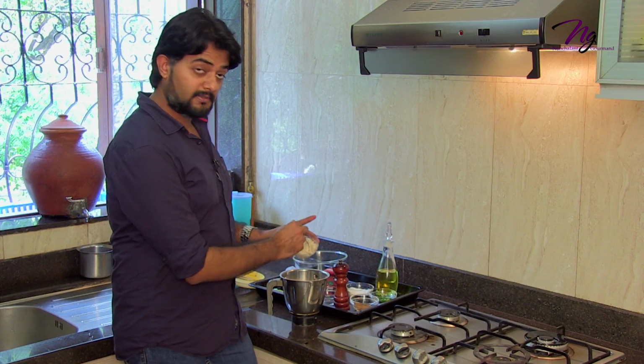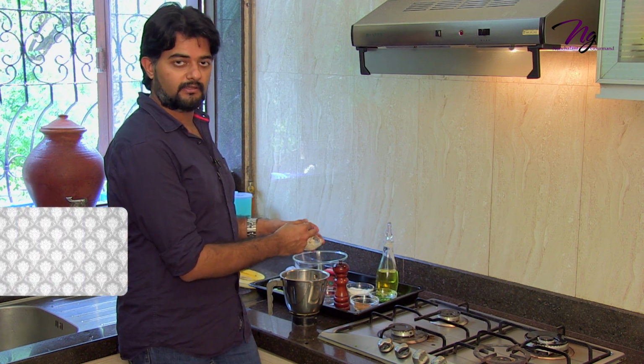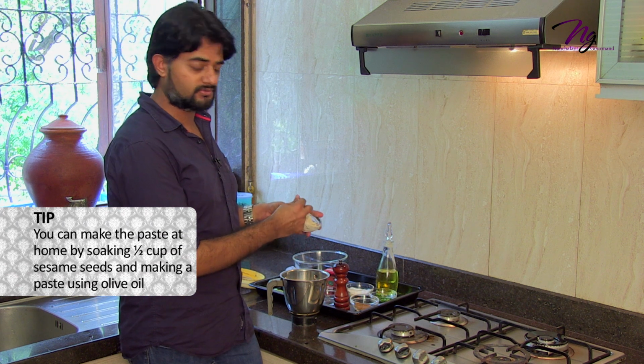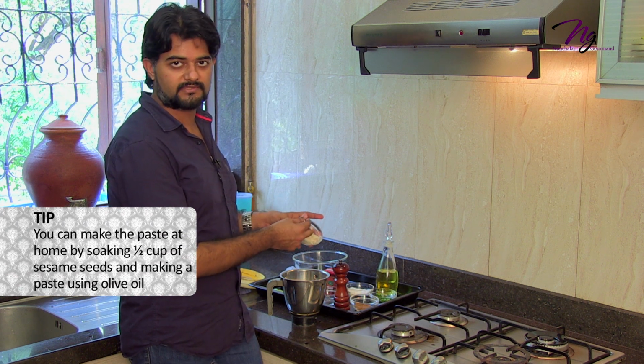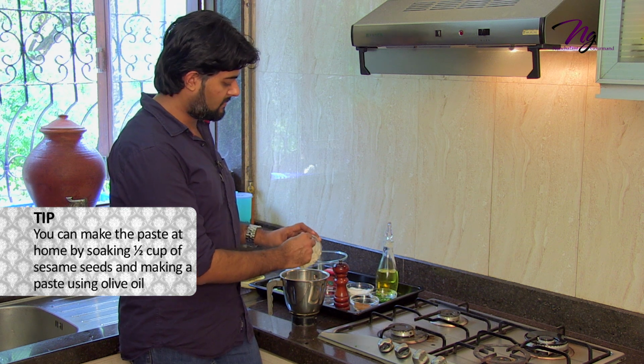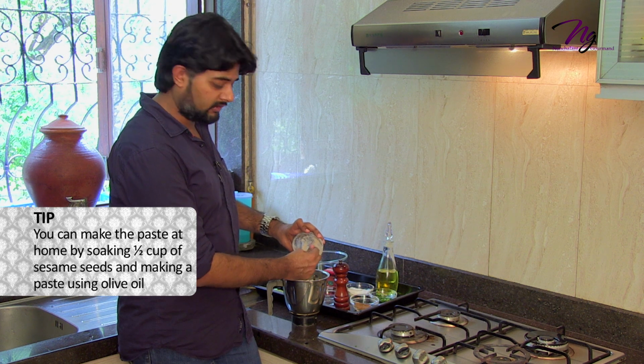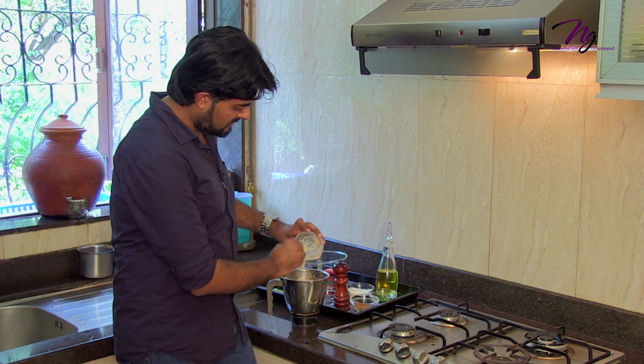So we add the tahini paste. Now tahini paste is easily available in the market, but you can easily make it at home too. All you need is about half a cup of sesame seeds. You soak them in a little water for about half an hour, and then you blend it with about 1/4 cup of olive oil. So this goes in,